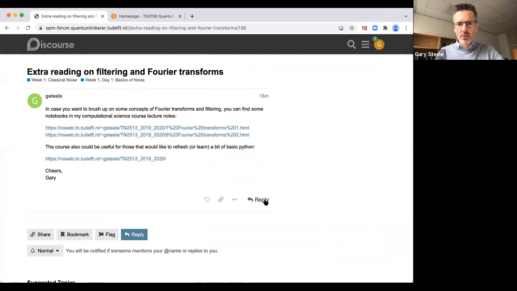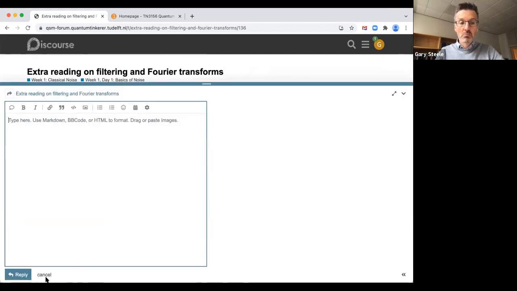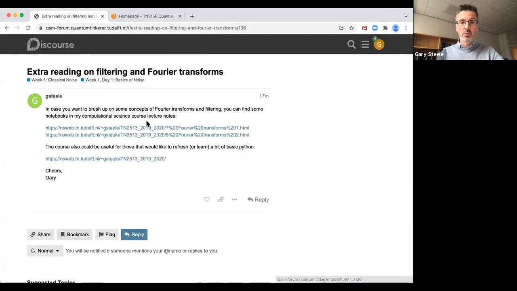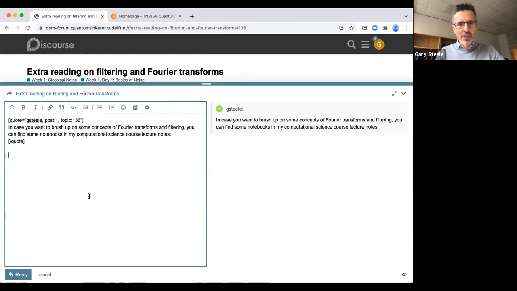I want to show this. You can reply to a post by hitting reply, easy, and it'll add your post below. But also if you want to quote, if you want to ask a specific question about a specific thing, it has this little button. If you highlight it, you put quote, it will create a reply here, and you can say,